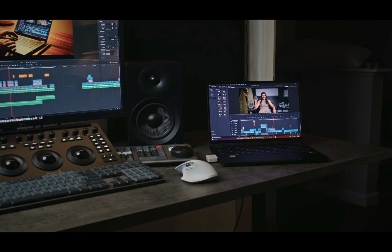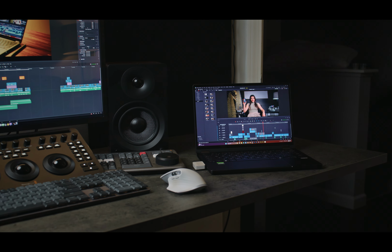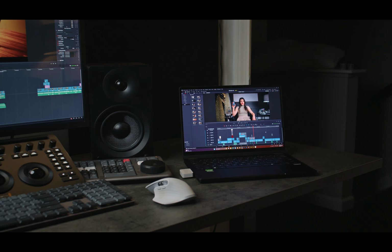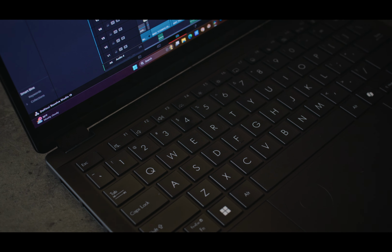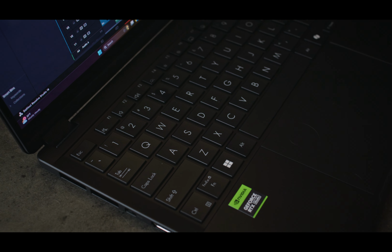I think going forward, we're only going to see more AI tools come about. We see it in audio, photos, video departments, everywhere in the creative space, AI tools are popping up more and more. And so I think it's important that we're going to be seeing the support for those AI features and tools from the hardware that we're using. And it's awesome to see NVIDIA really focus on helping develop AI enhanced features that use the GPU to make